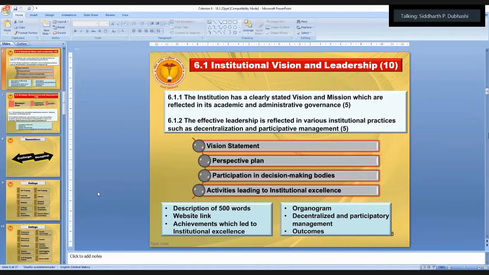First and foremost, institutional vision and leadership carries 10 marks, with 2 questions under this heading. The first one is that the institution has a clearly stated vision and mission which are reflected in its academic and administrative governance. And the second one is related to the effective leadership which is reflected in various